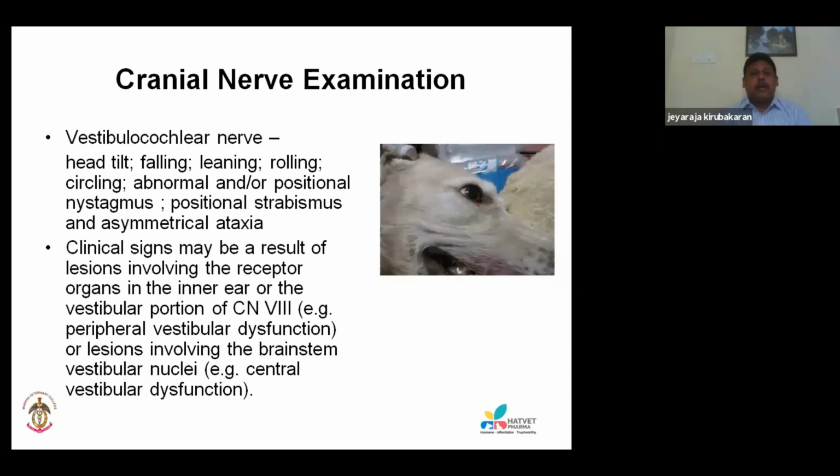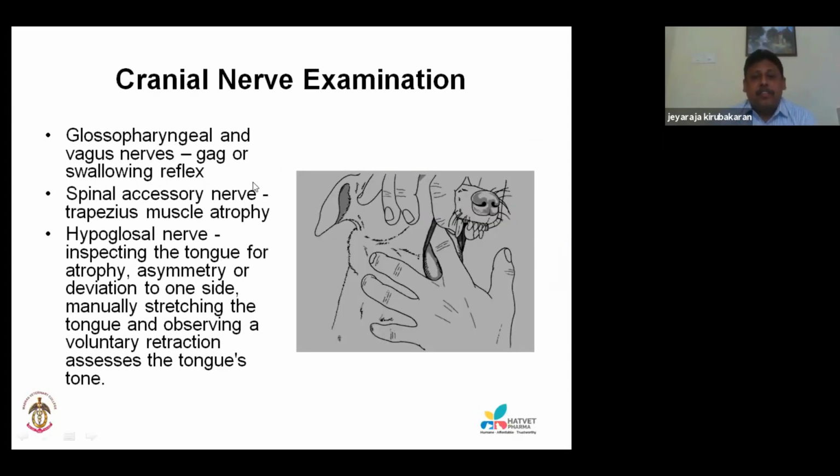Okay. Coming to the glossopharyngeal, this you can't do in our animals, it's very difficult, you can't put anything inside. So there is a way to do it. The next slide is on that. You have to check the glossopharyngeal by creating a swallowing reflex, and then for spinal accessory, you try to